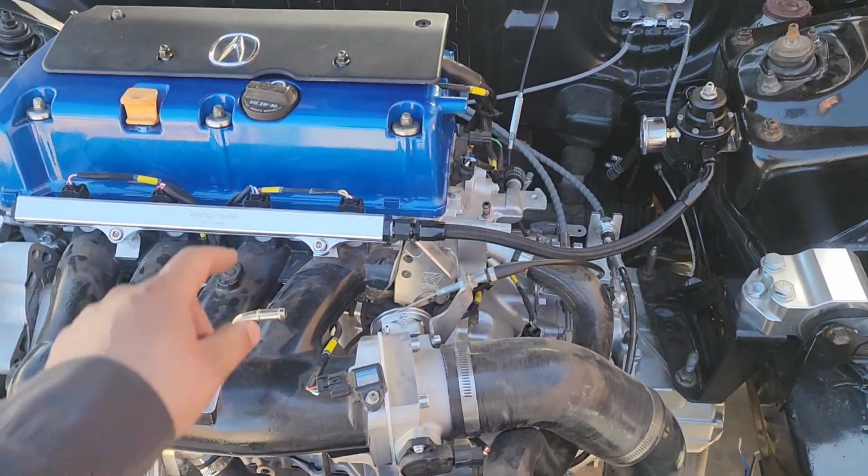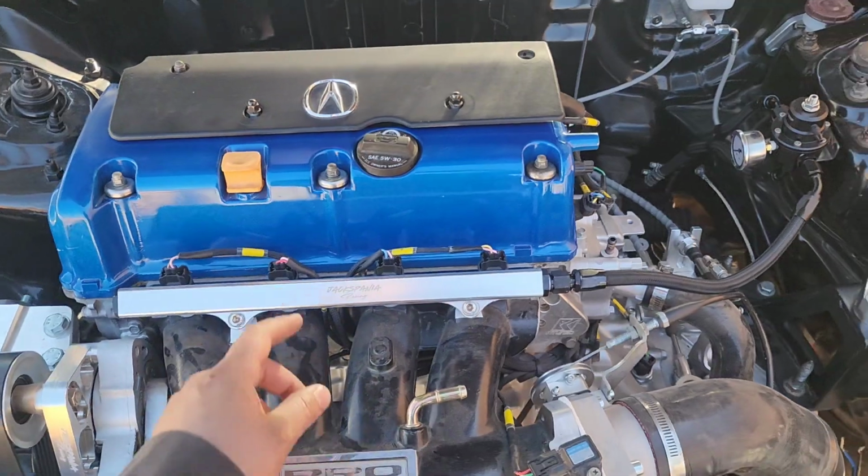And I do still need to replace the gaskets on this because I did put the spark plug